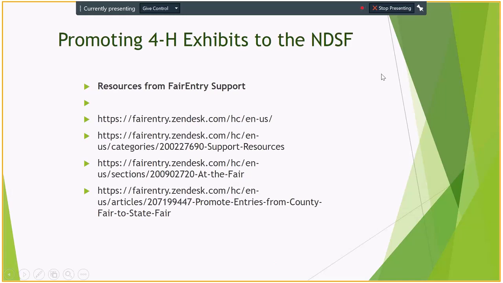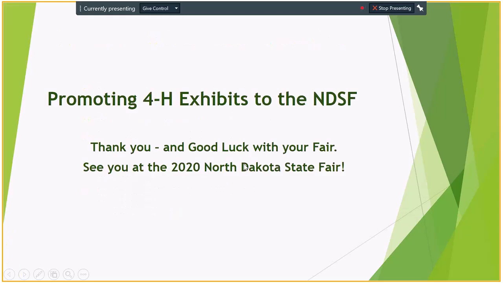And again, remember, there are resources on our website under Staff Reference Resources, and of course there are website resources from the Zendesk for FairEntry as well, and you can follow some of those links to arrive at help on various topics. In addition to that, Lisa Braton and myself are both willing to do a Skype session with you if that can be helpful, so feel free to contact us and maybe we can connect and go through the issue